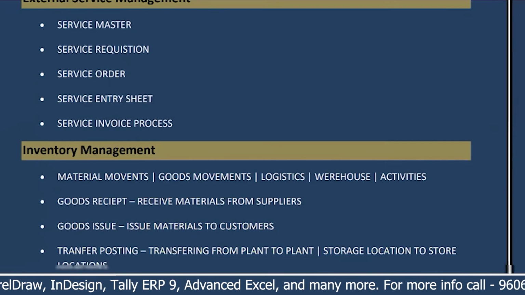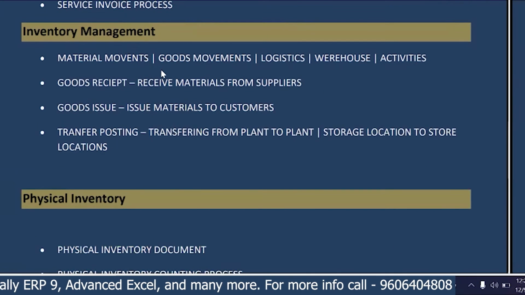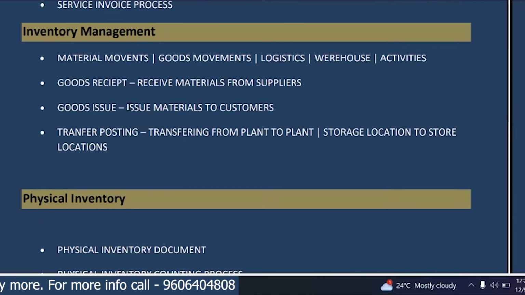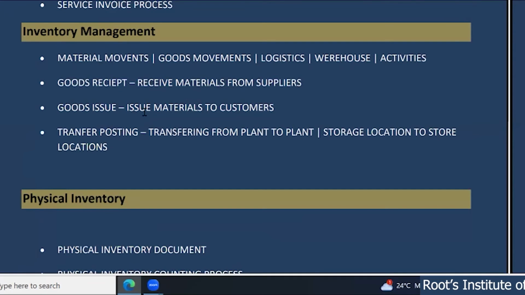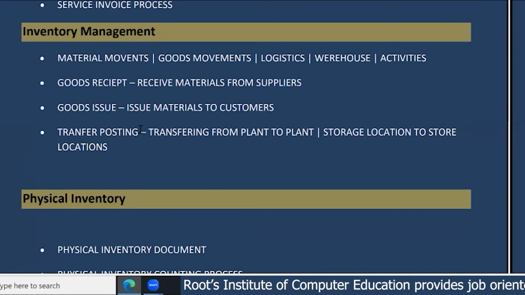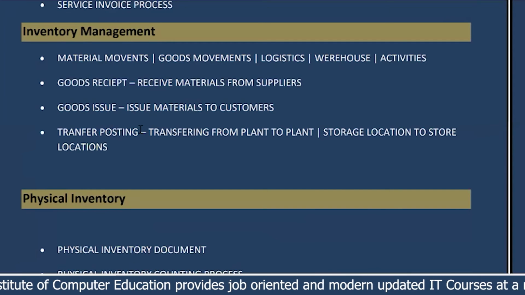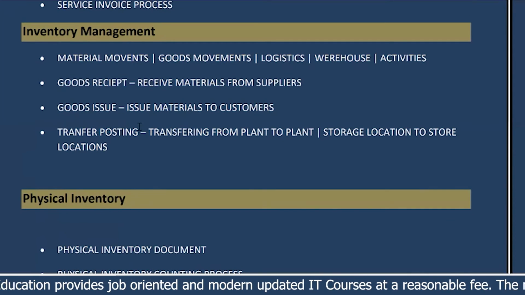And then coming to your inventory management. So inventory management, which is a part of logistics warehouse activity. So majorly goods receipt, goods issue, transfer posting. So goods receipt is nothing but how do we receive the material from the supplier? What is the procedure? What are the steps we follow? So that we learn in goods receipt. Then goods issue, how we take out the material from the inventory, what are the steps we follow, what are the transactions we have. And transfer postings, like transferring material from one plant to another plant, one storage location to another storage location, like warehouse to warehouse. So that comes under the transfer posting area.